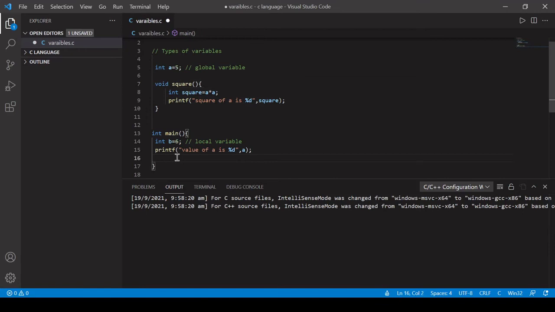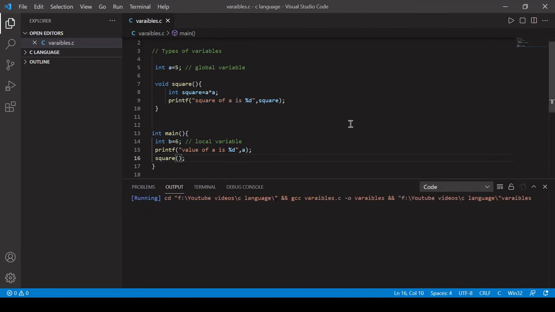So let's just call this function square, and let's run this program. Here we have printed the value of a, the global variable, and we have called this function explicitly, so it can print the square value of a. Now let's run this program. Here you can see value of a is 5 and square of a is 25.